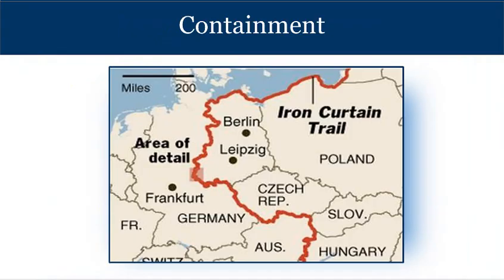Very early in the Cold War, we developed this idea called containment. We have this theory that communism will die out if it is contained. If communism cannot spread, it will eventually die out. This theory actually turns out to be a valid one. Containment does help to reduce communism. The problem with containment is that it takes a lot longer than we thought it would. So we thought if we contained communism, it would die out within maybe a decade, and it turns out that when we contained communism, it died out in the 90s. So it took a lot more time than we thought it was going to.